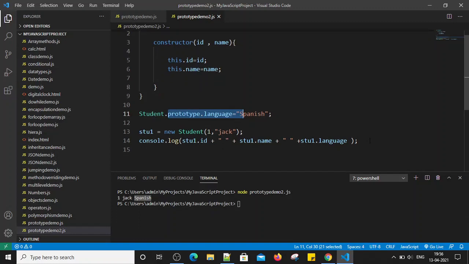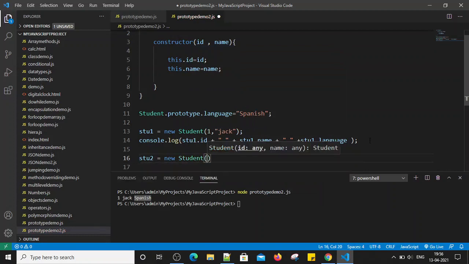Now similarly I am going to create one more object. Let's say stu2 = new Student. Let's pass id as 2, comma, name as John. The id we are passing is 2 here, and the name is John.